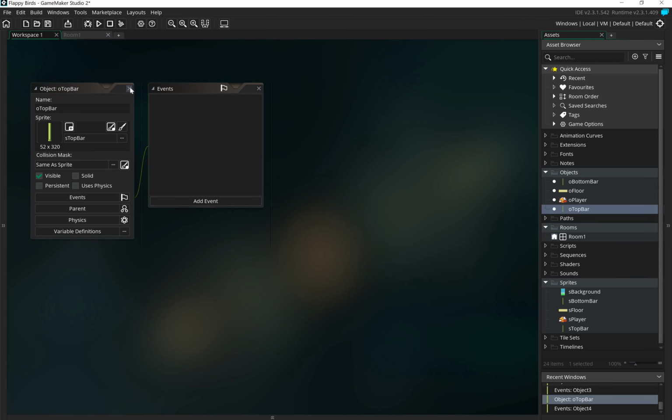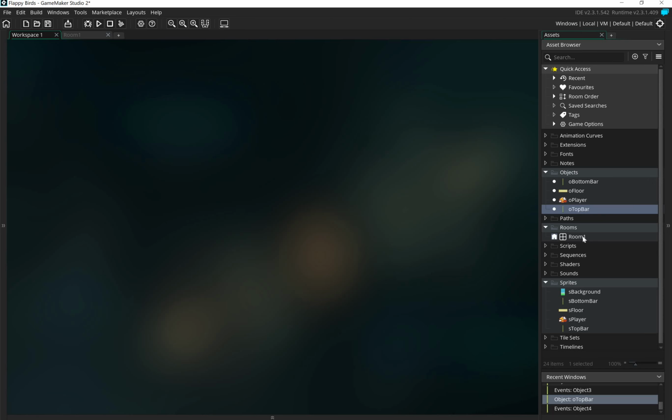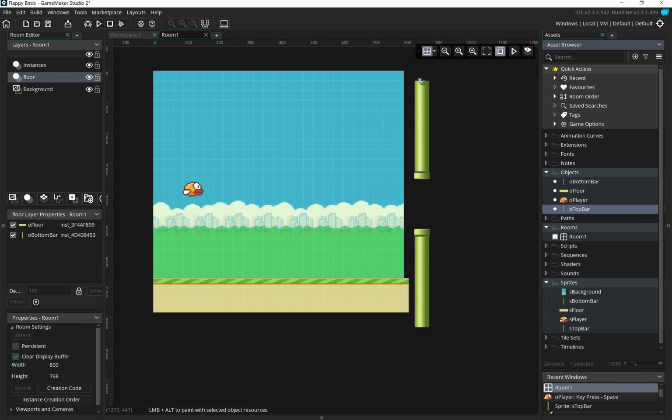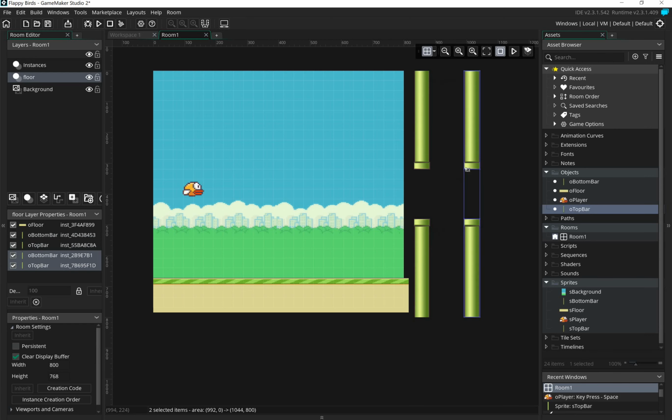Okay, so let's close both of them, and what some people do is they just drag in a load of bars. Now, one thing I just want to be wary of, I'm not spacing these out properly at the moment, and I'll explain to you why. So if I just drag in the top bar at the moment, and the bottom bar, what some people do is they basically add in a number of these. So if I copy it and paste it,